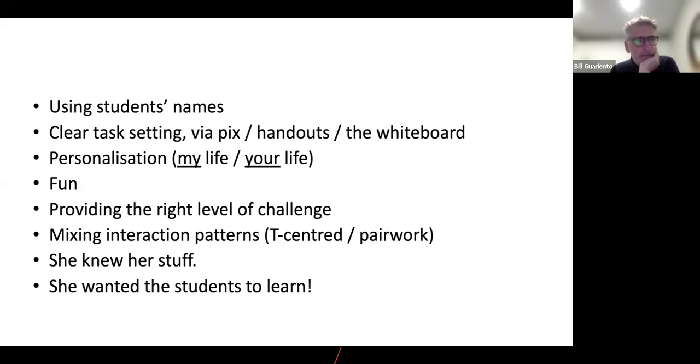This is the teacher we saw last week. Where do you think she came from? Do you have any idea? What was her first language? Do you know? It's a very difficult question, but her first language was English. She was from England. So perhaps you think it's more difficult for an English language teacher, for example from Palestine,